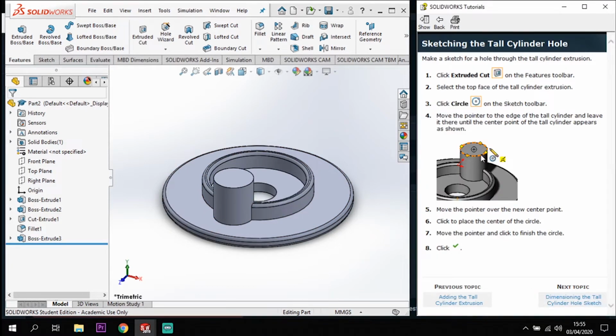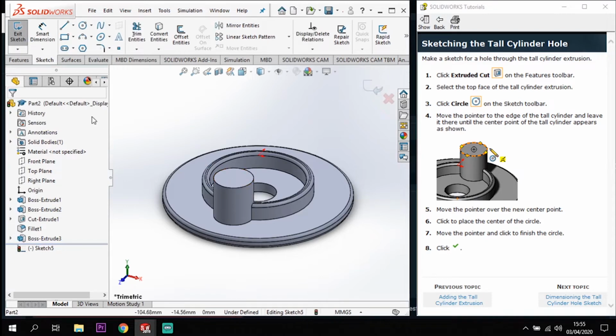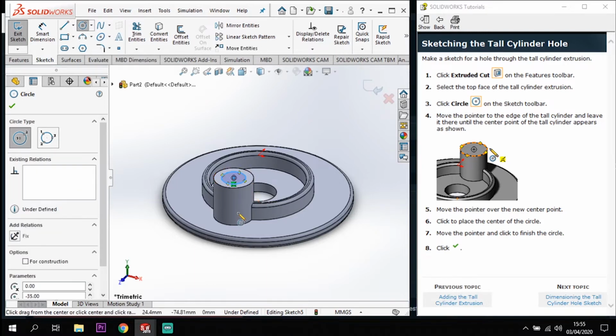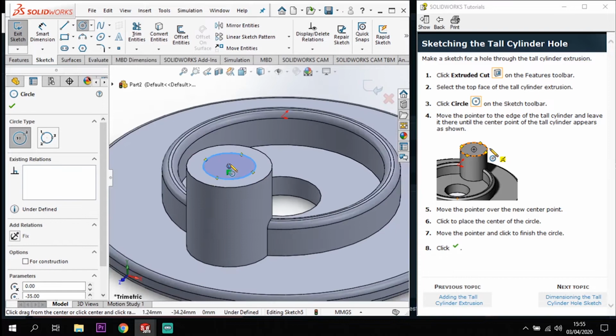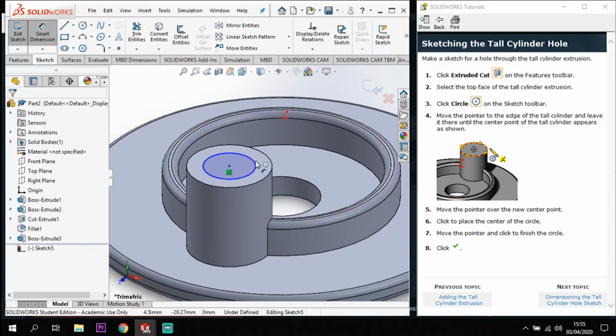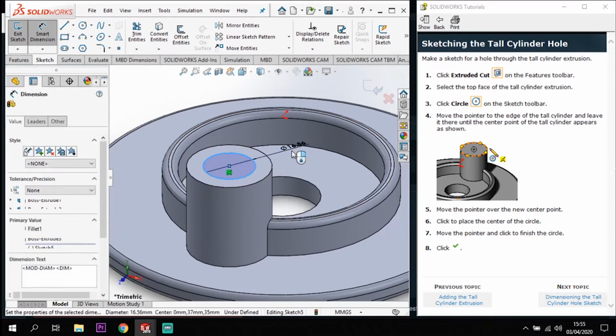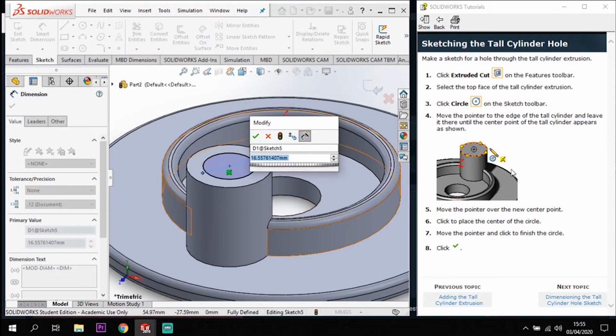Now once I've got that, I am going to put my hole through the center, so I'm going to have to create a cut on this top face. I'm going to create a circle. Now if I move to the outer face and hover around that, you'll see it highlights in dotted yellow, and you'll get the center mark for that circle. So we move to that, click on it, draw in a circle, and I want that circle there to be a diameter of